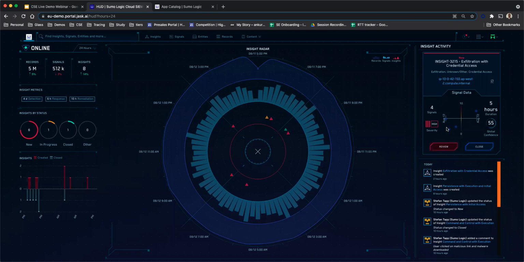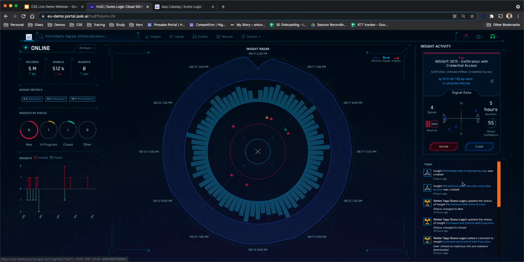So many of the traditional SIEM platforms available in the market today, they struggle to correlate data within a couple of hours, whereas you can see that the SIEM platform from SomaLogic can automatically look into last 14 days of data, and this can be customized as well. And here you can see the various different signals which are actually contributing to this particular insight, along with their various different severities. So the low and slow attacks can be easily detected with the SomaLogic platform.